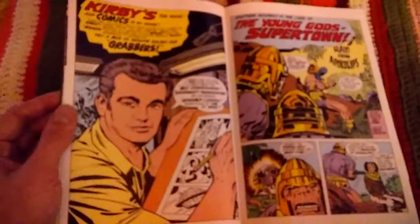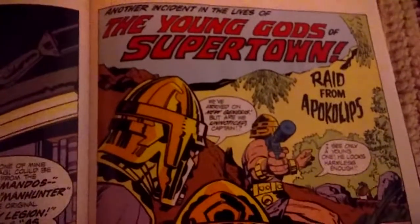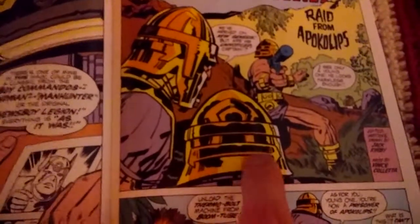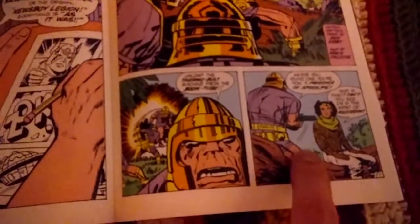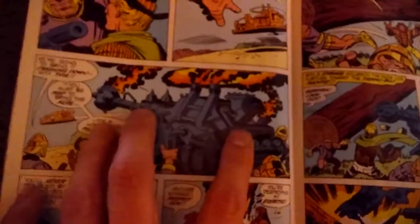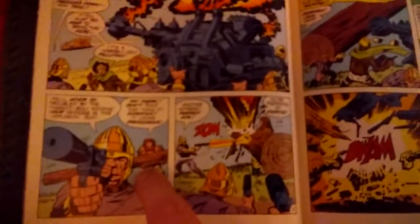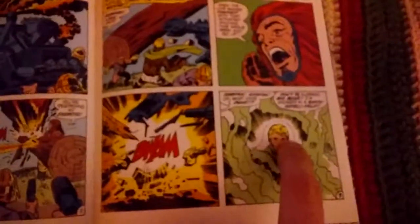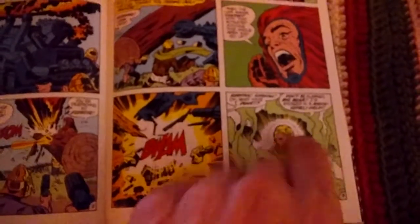And then there's one after it, which I thought was probably the best thing in this book, was this here. It was written and drawn by Jack Kirby. It was really good. The Young Gods of Supertown. So it's about this group of raiders that come over from Apocalypse, and they go to New Genesis, and they run into some of the characters from over there and whatnot. But anyways, they have this big gun, and they want to shoot down Supertown, but Big Bear, who's one of the Forever People, comes over and basically throws a log on them. It blows up, and then there's a bit about how the one New Genesis guy wasn't hurt because he had a